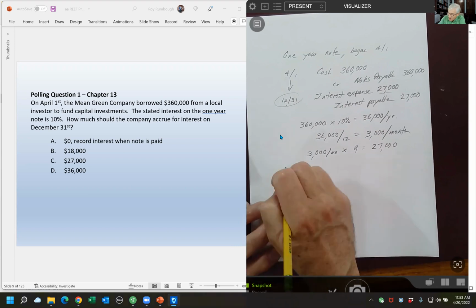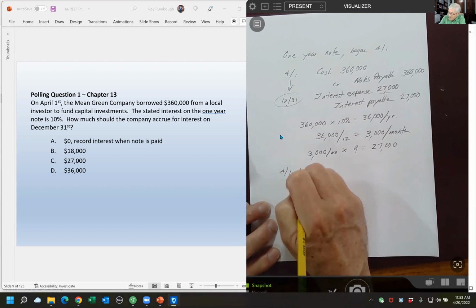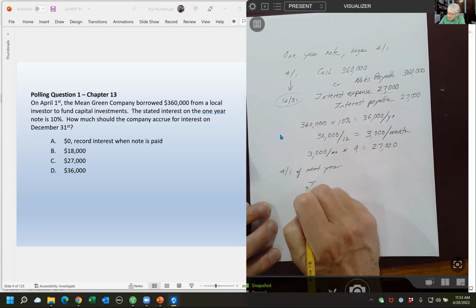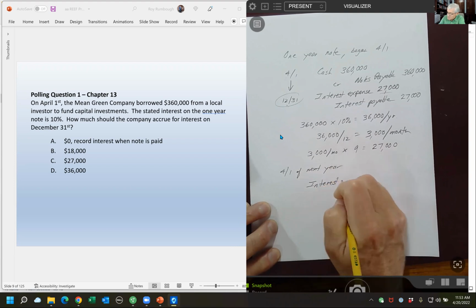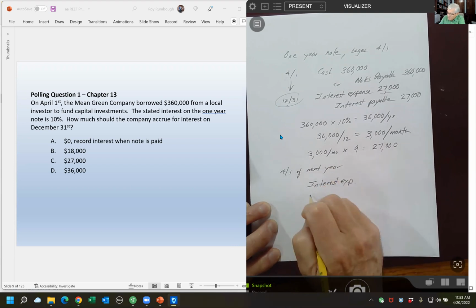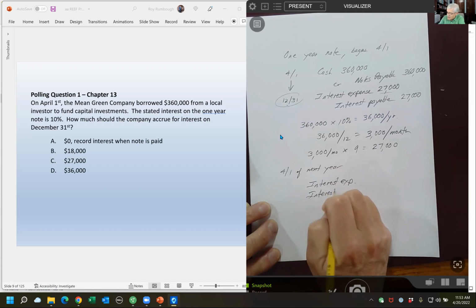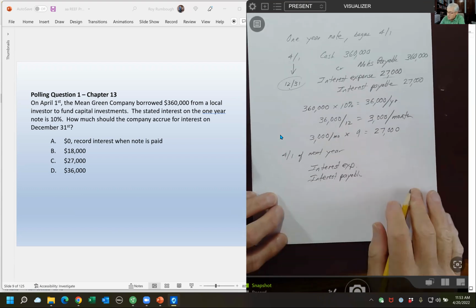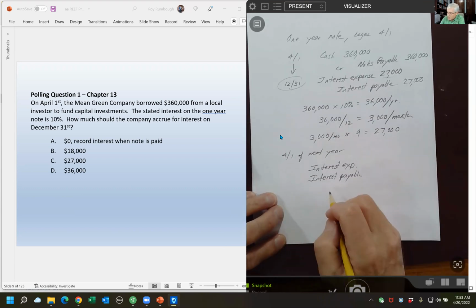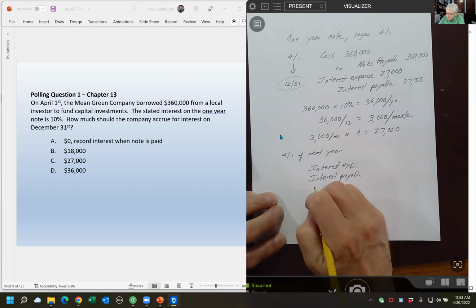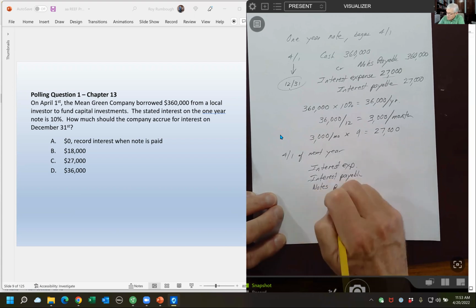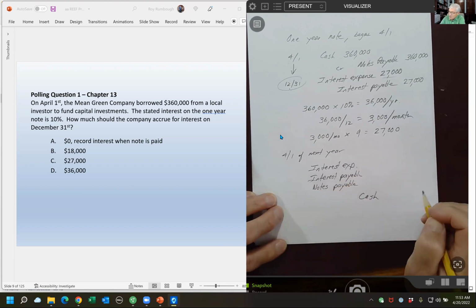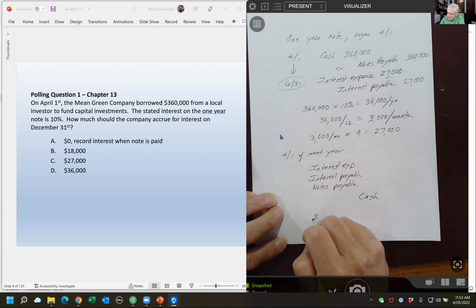On 4/1 of the next year, just to do this problem really quick, that's our last entry. We're going to have interest expense, and we're going to have to get rid of our interest payable. Again, you could be asked about any of these three entries or required to do these three entries if we're going to give you a journal entry question. And I got to get rid of my notes payable. How do I get rid of these? I have to pay. How much do we pay? $360,000